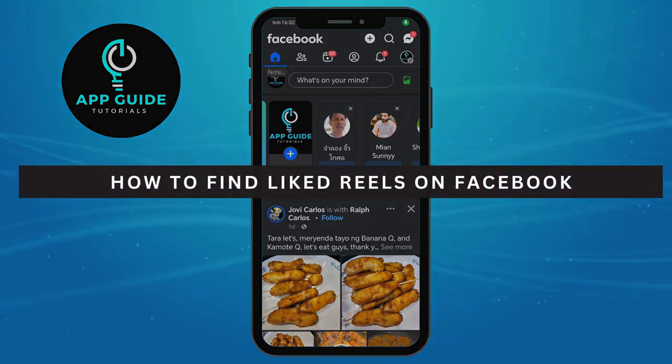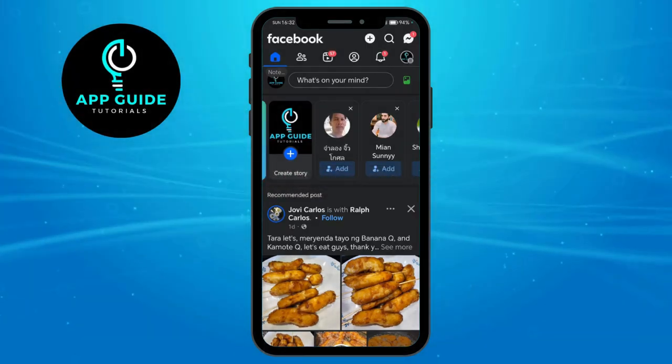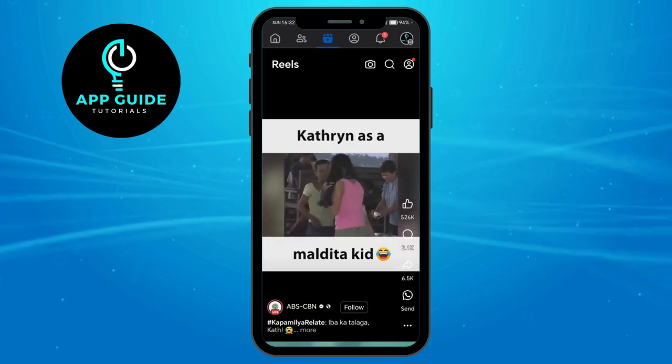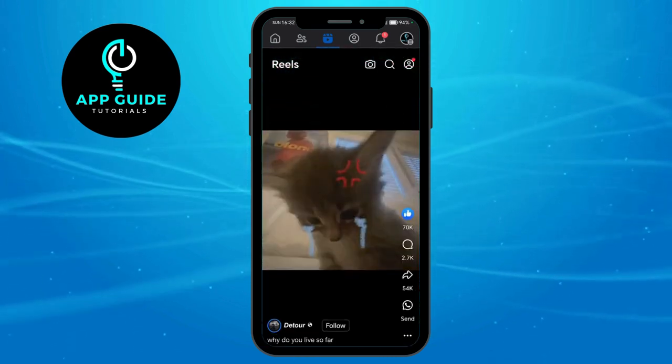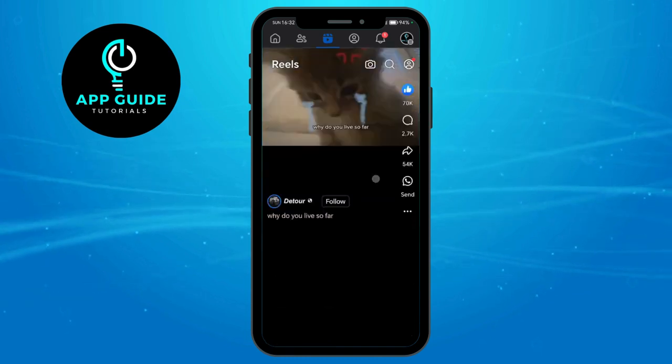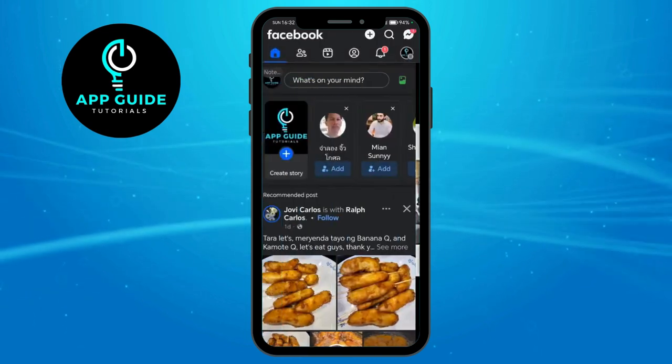How to find liked reels on Facebook. So let's first head over and like some reels. For example, let's like this, let's also like this one, as well as this one. Now, if you want to find them again but you don't want to head over to your reels, what you